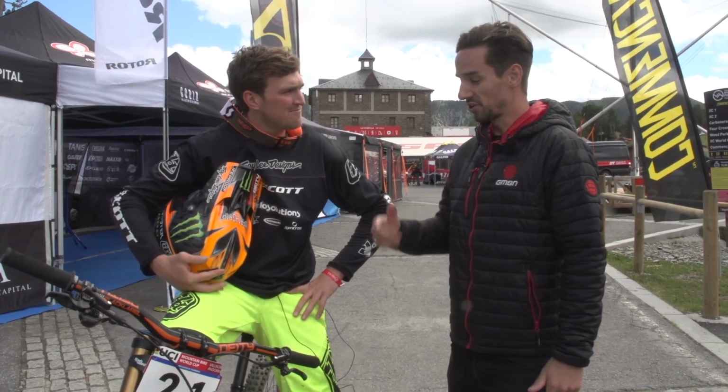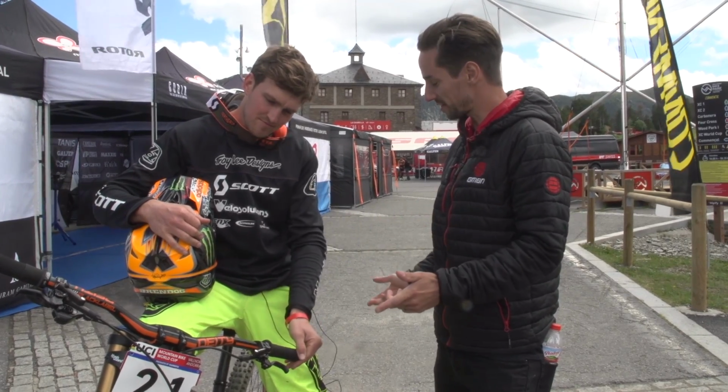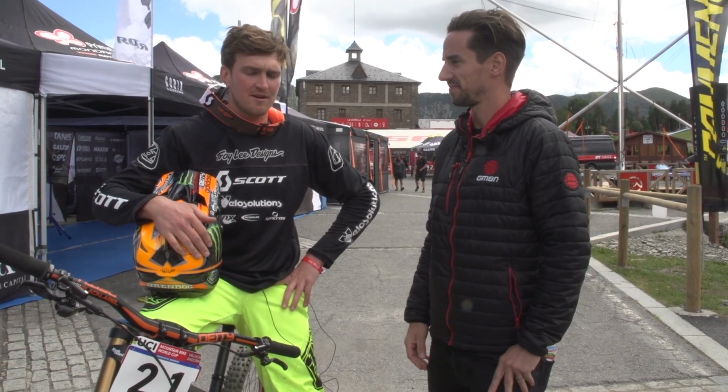We've seen riders like Danny Hart, amongst others, going back to their old bikes. So Brendan, we're at Andorra, one of the roughest, steepest tracks of the year, and you just got the 29 option for the Scott Gambler, and you're back on the small wheels. Yep, we went to Leogang, and it was the first time I had the chance to ride the 29, and